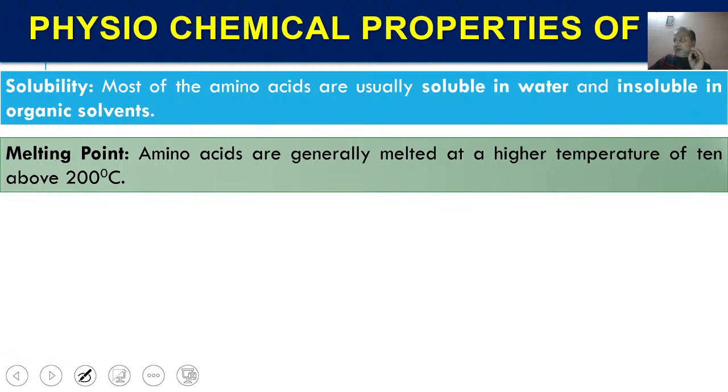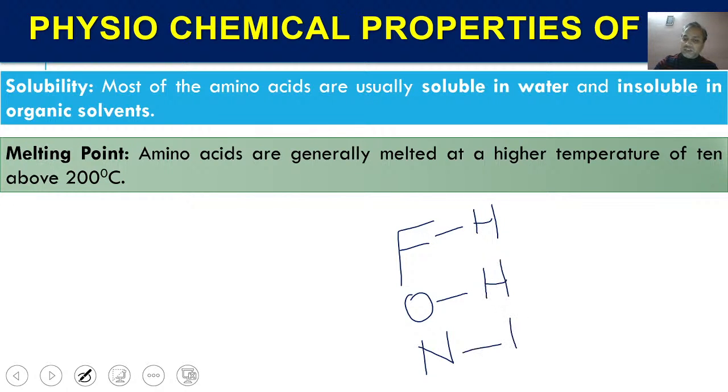water. You know about hydrogen bonds: in chemistry, the three most electronegative elements are fluorine, oxygen, and nitrogen. These three normally form hydrogen bonds. So whenever fluorine, oxygen, or nitrogen is associated with hydrogen, these three highly electronegative elements,